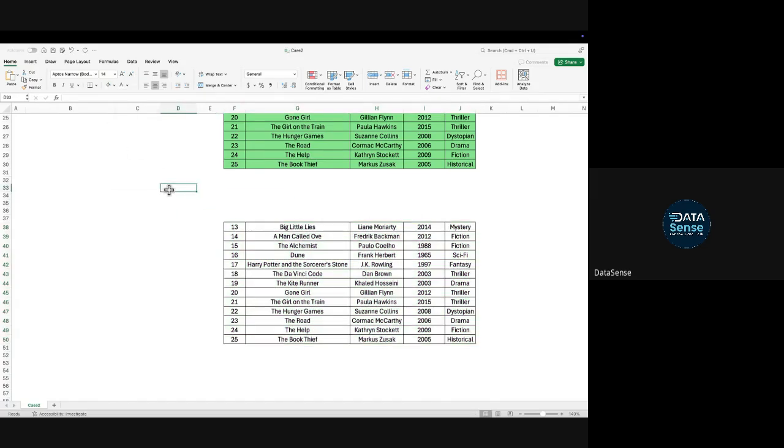Now, I will follow the same step. How many rows are there? There are 13 rows. So 13. I will split it again into half. 1, 2, 3, 4, 5, 6. So let's say 6 and 7. I split it into two halves, 6 and 7. So this is the first part and this is the bottom part.